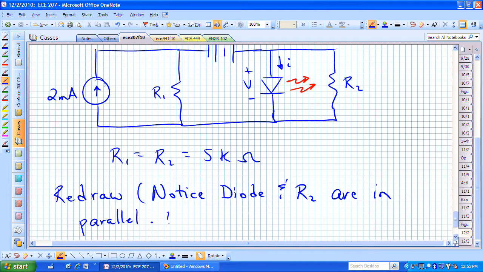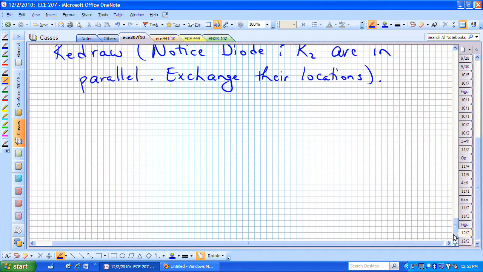And because of that, electrically it doesn't matter which one's on the right side or the left side, so let's just exchange their locations schematically, and that will actually allow us to think through this in a more conventional way. But if we now re-sketch that circuit,